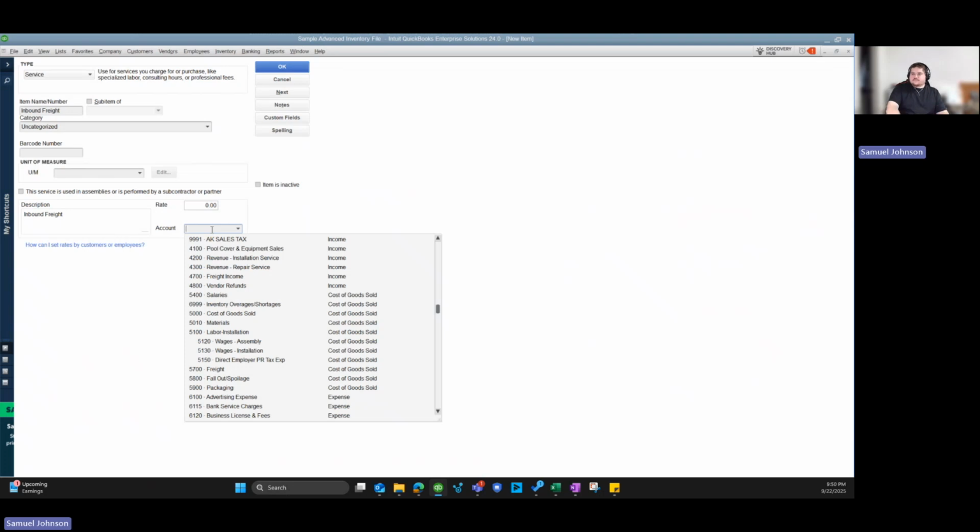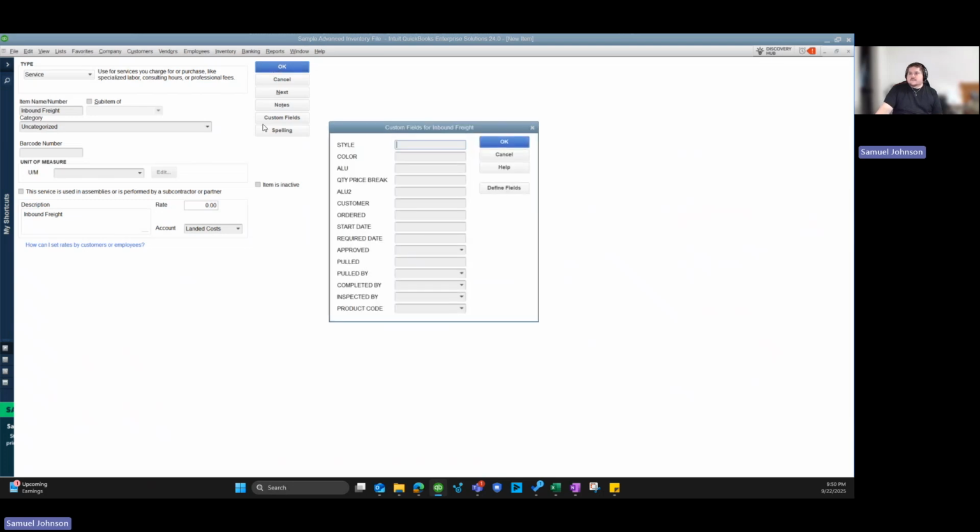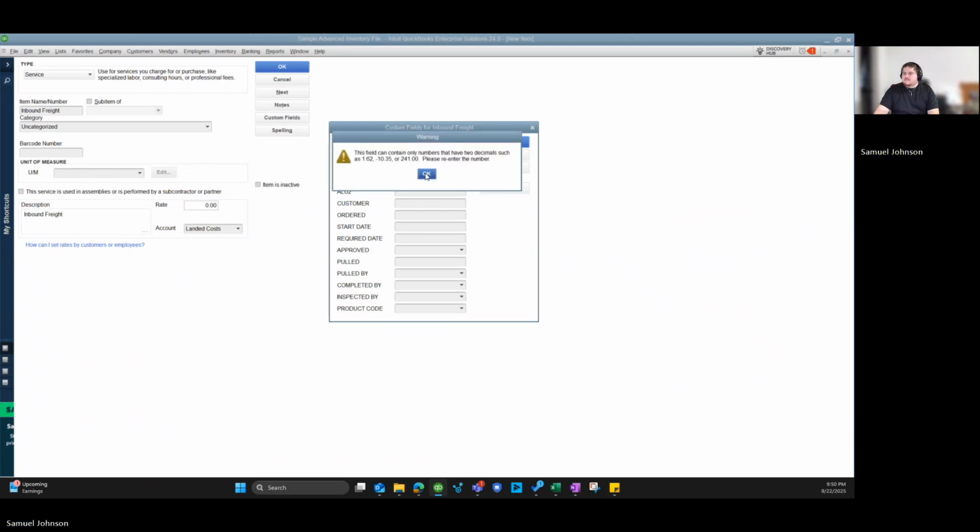So in here, we're going to put landed cost as our account, right? Account, landed cost. All right. Now, this file just has some custom fields that are required in here. So we're going to just put in some placeholder information here, and your files will not need to have this information,